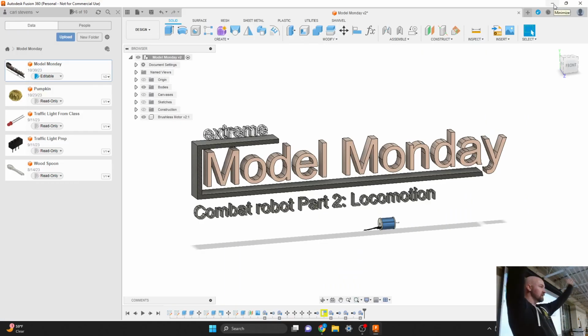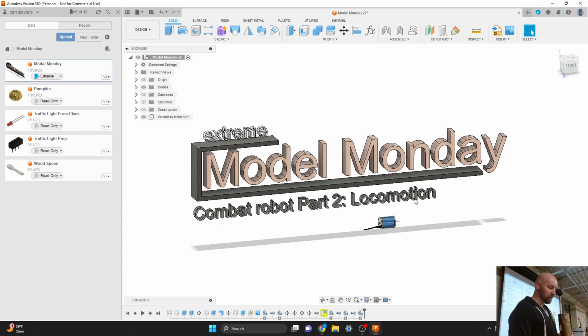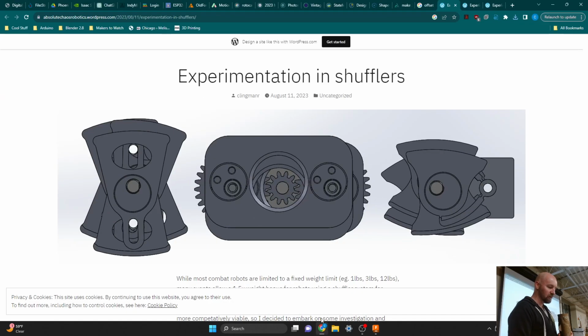And we can begin. So, welcome to Model Monday. Today, we've gone off the rails, or we've gone off the wheels. There are no wheels on this cart. There is only unconventional locomotion on this cart. So it's part 2, combat robot, and we called an audible before we started class, and we are going to attempt to model